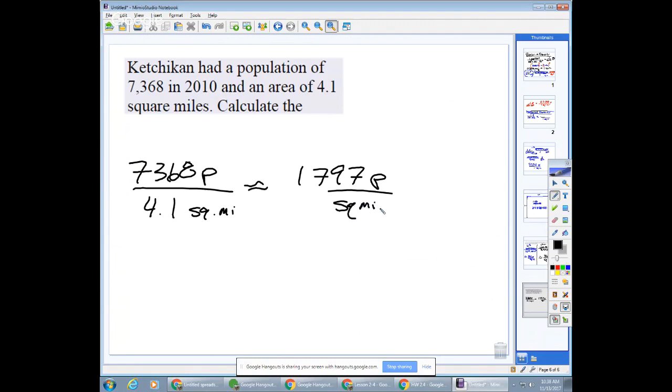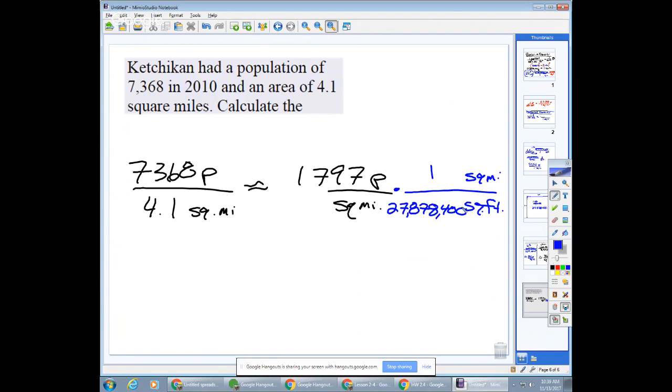What I want to do is convert this, and we'll play around with it a couple different ways. I want to get rid of square miles. I want to change to square feet. So I know that 1 square mile, and hopefully you guys wrote this down in case I get it wrong, is 27,878,400 square feet. Does that sound right? Anybody write that down? That's right?